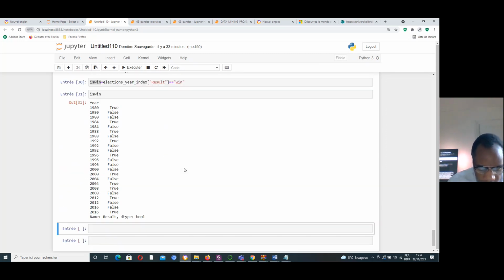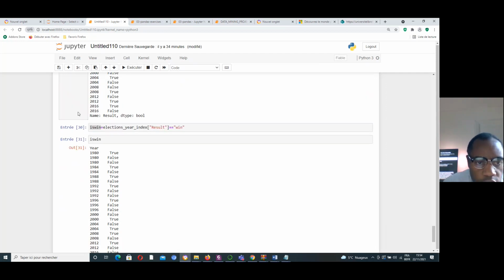Okay, great. The following code creates a data frame of all the election winners since 1980. Let's go and print it.